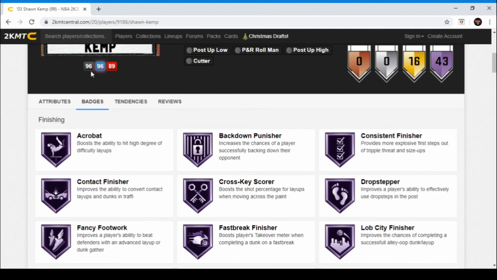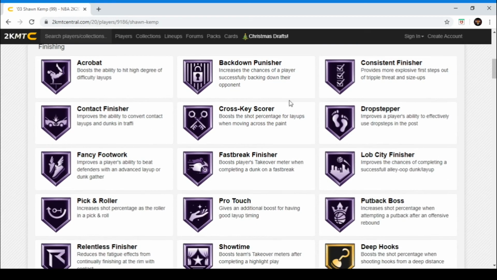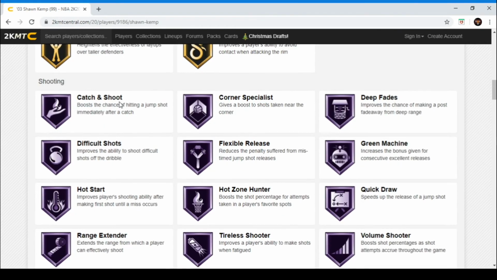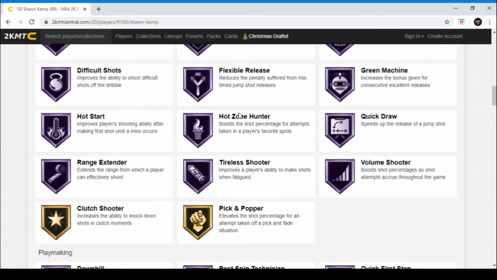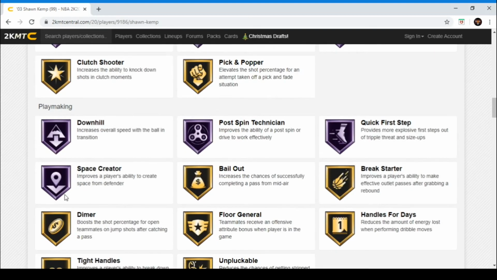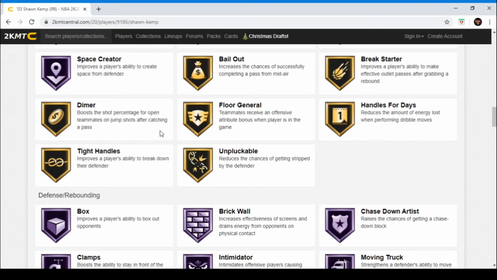Badges wise, he's got 43 Hall of Fame and 16 gold. Big ones being drop stepper, lob city finisher, cross key scorer, pro touch, putback boss, contact finisher. Shooting wise, catch and shoot, corner specialist, deep fades, range extender, which is really important, quick draw, flexible release, hot zone hunter. Playmaking, he has space creator, quick first step, post spin technician, downhill, also with gold dimer, floor general,